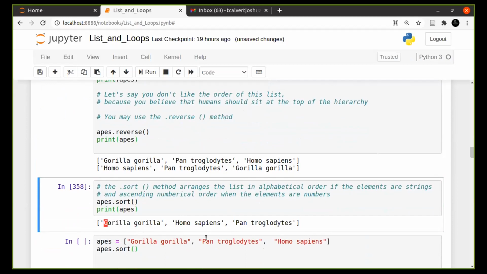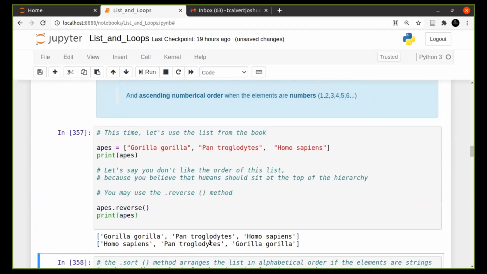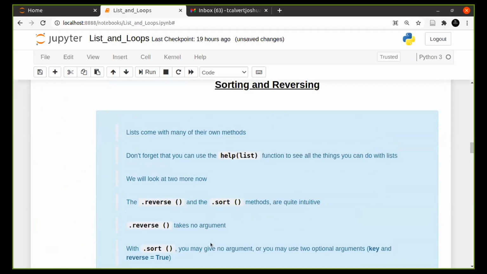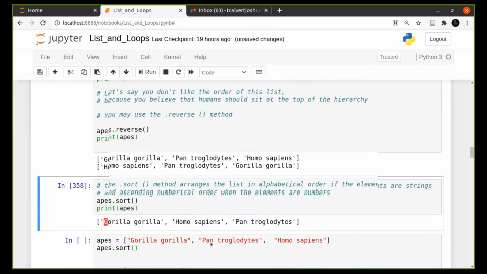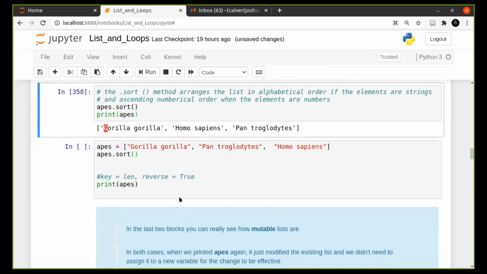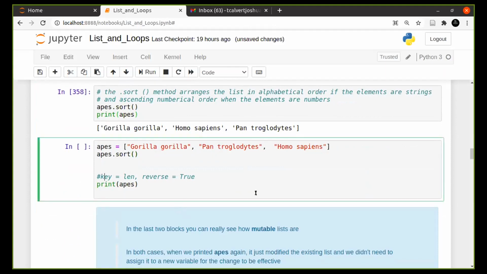Now, what I said was .sort also allows you to take 1 or 2 additional arguments. Let me do that in the next one. Okay, so it allows you to enter, and I think what I want to show you before we do this,